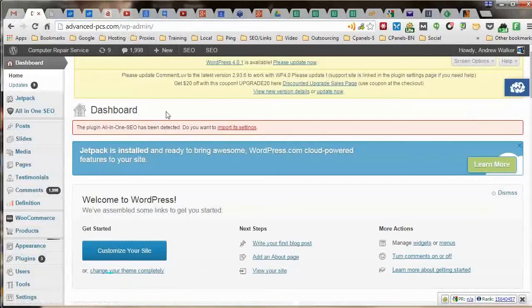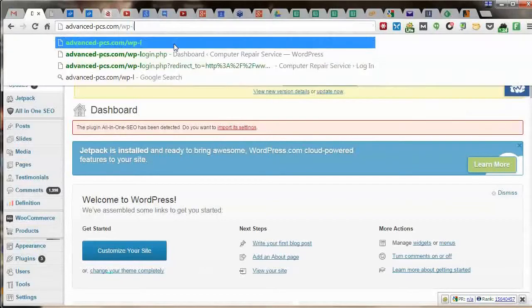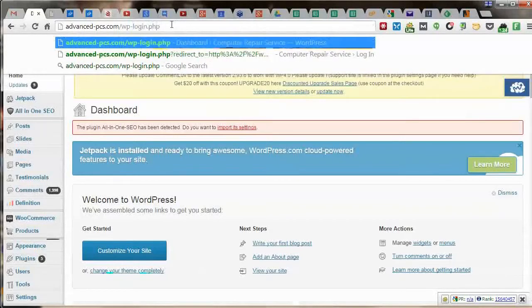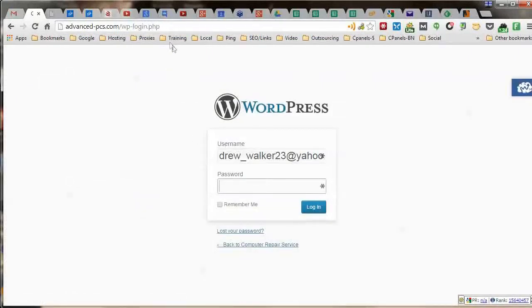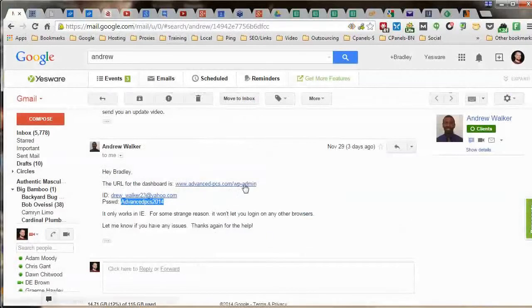You can see I'm in Chrome, and what I had to do was log in using the login URL, which is wp-login.php. Okay, if I went to that URL specifically, it brought me in. See, if you use wp-admin, then it's going to add a whole bunch of redirect